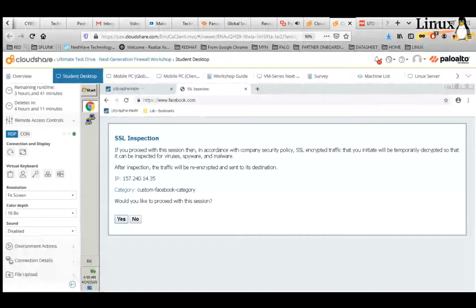SSL traffic is inspected so that it can be checked for viruses, spyware, and malware, to make sure they don't use the link to deliver them. So we say yes, to ensure that we are conforming with this.